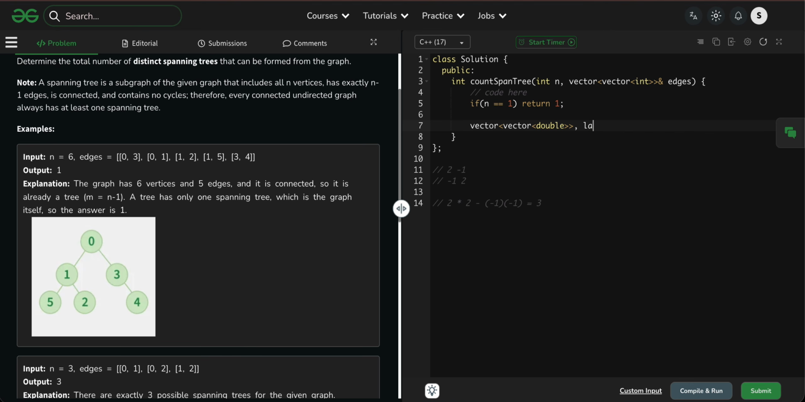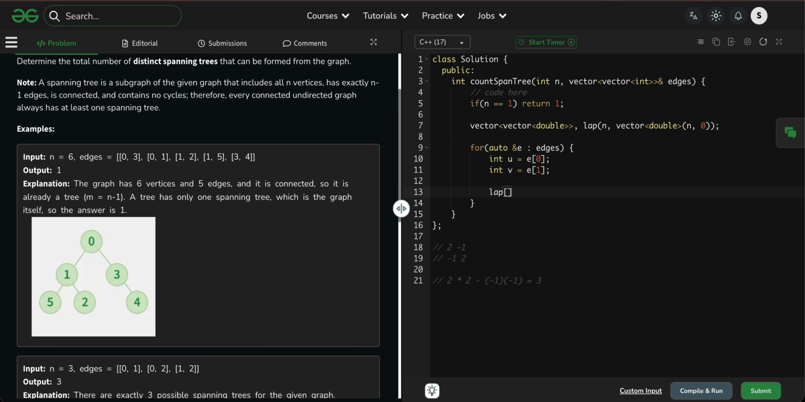फिर Laplacian का एक ले लो, और फिर vector of int, sorry, vector of double, ठीक है, and n zero, right. Now for auto address of e as is, int u is equal to e0, int b is equal to e1,